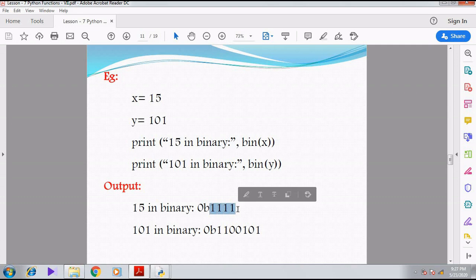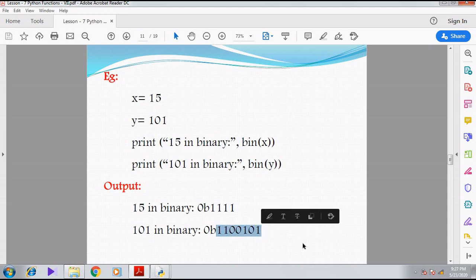See here, 1111 is the equivalent binary number for 15. Like that, what is the equivalent binary number for 101? 1100101.